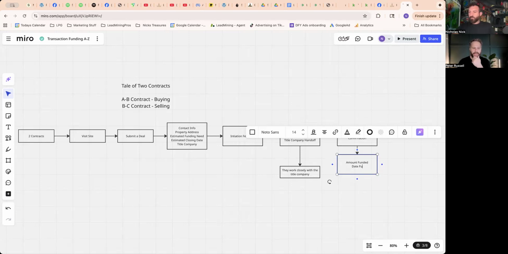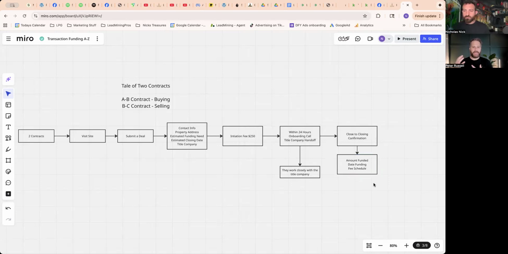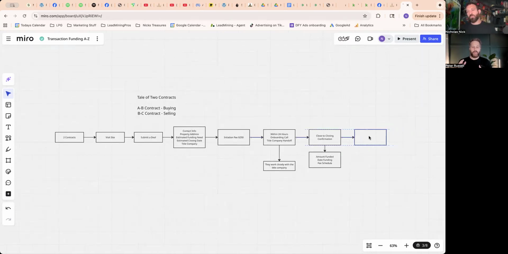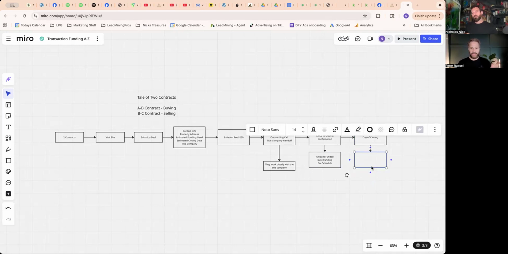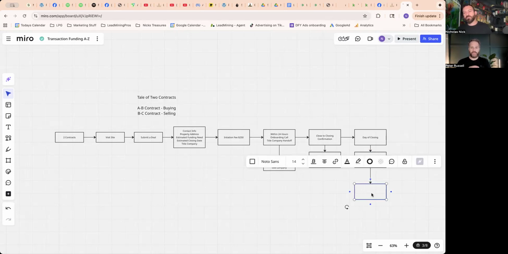And then on the day of closing, we are the very last piece to the puzzle, right? Like us funding the deal is the very last piece. So we will again be in communication with your closing company. They'll let us know that all the closing docs are signed between the A to B, B to C. Like your seller signed, you signed, your end buyer signed. And then once they confirm that your end buyer has put their money in escrow, so they're fully committed, they're not going anywhere, at that point, once we have confirmation that everything's good to go, we'll wire our money directly